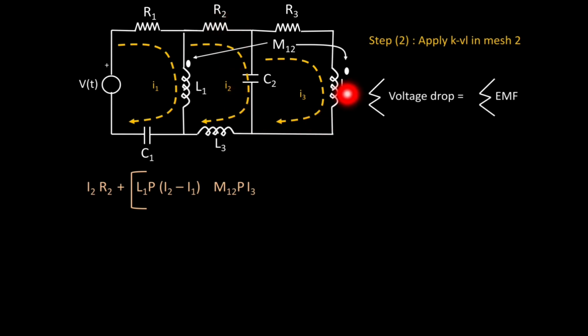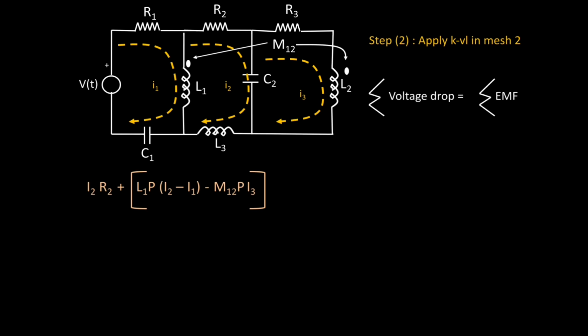And which current will we check for this L2? We will check the I3 current for this L2. I3 is flowing in the clockwise direction. So in L2 we get the dot when we are entering that L2. At the time of entering we get the dot. So here we get leaving and here we get entering. Entering and leaving is always negative, so we will put a negative sign over here.